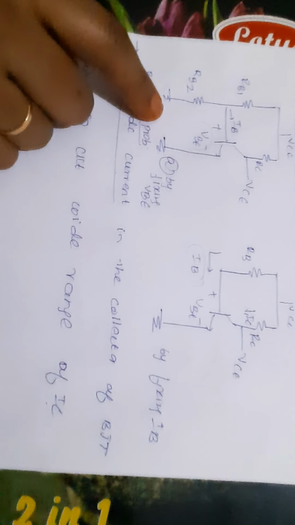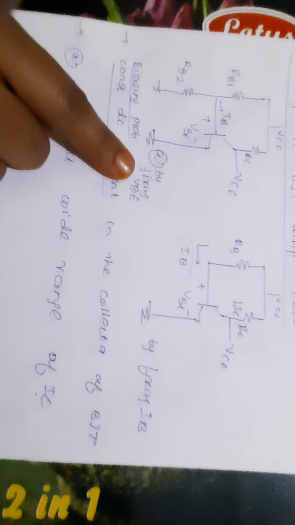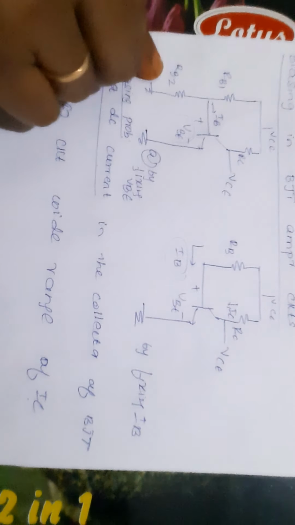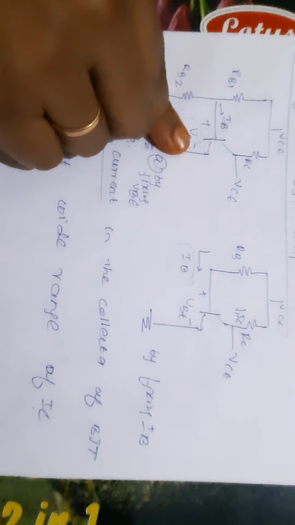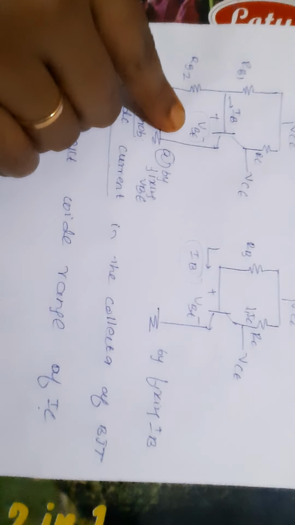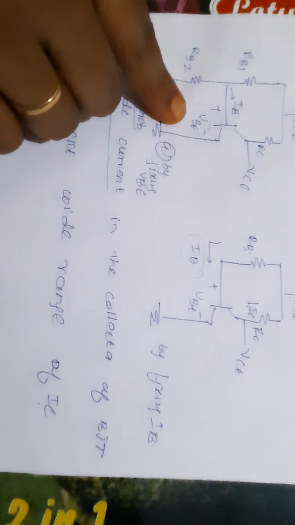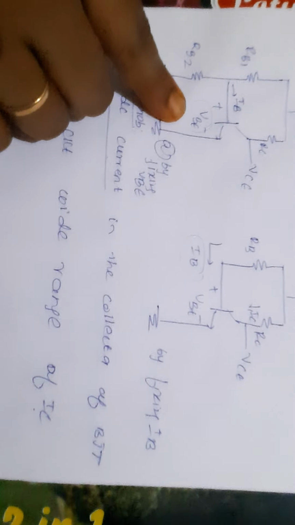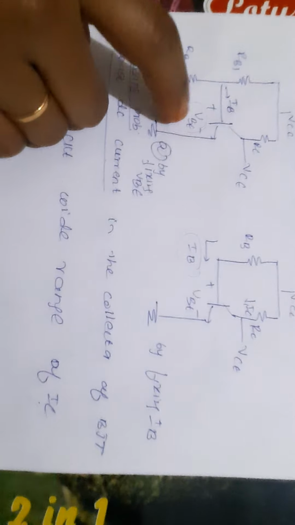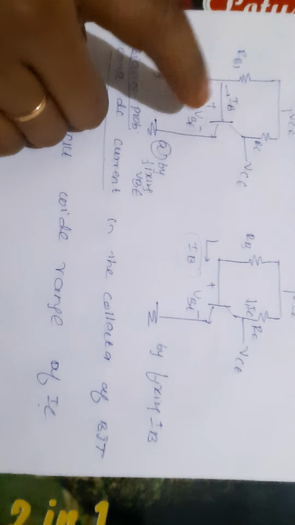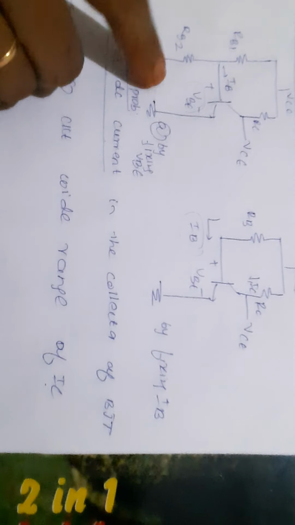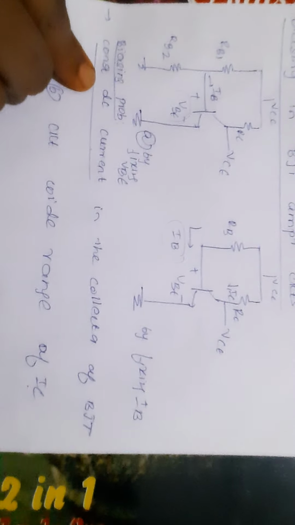Biasing the BJT by fixing VBE using the voltage divider rule across the power supply is not a viable approach. The very sharp exponential relationship between IC and VBE means that any small and inevitable difference in VBE from the desired value will result in a large variation in IC. I'll repeat, any small variation in VBE results in a large variation in IC, which is not at all required for us. We want IC to be constant.